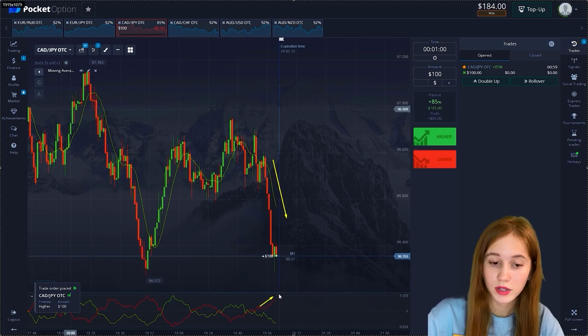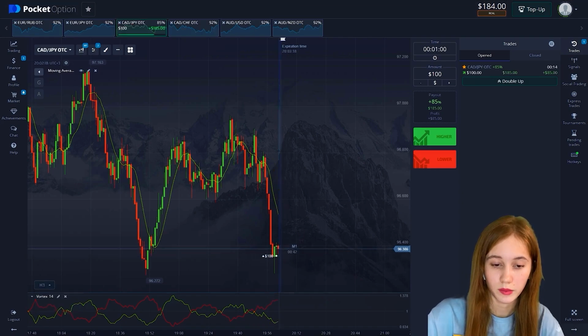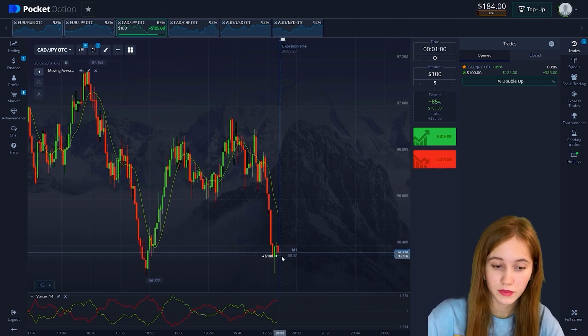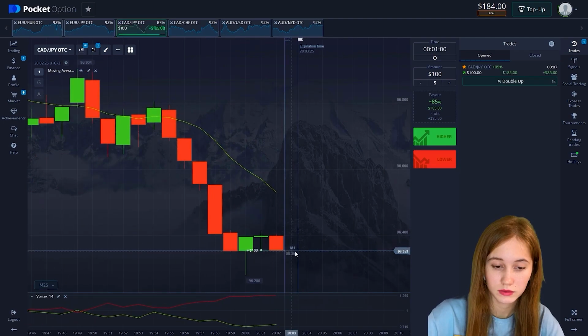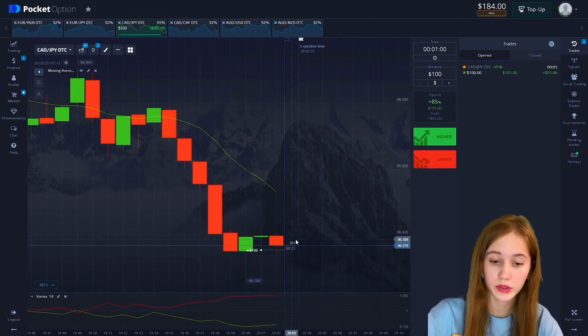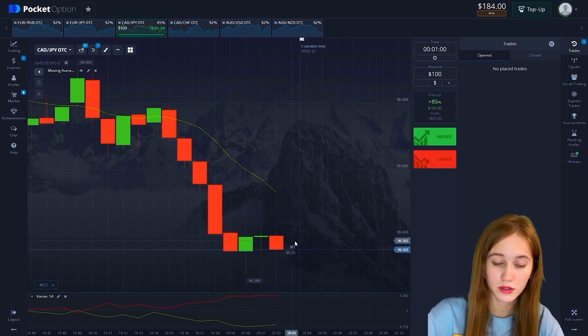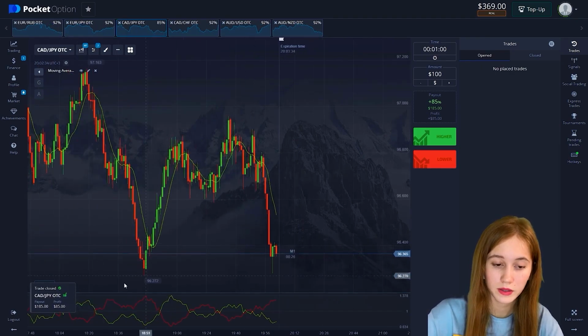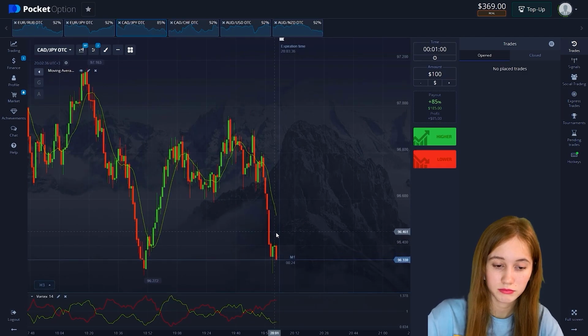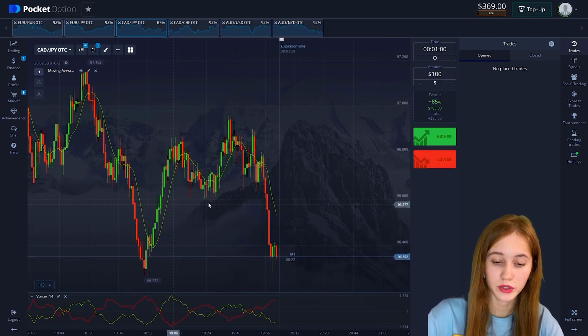By Vortex, the same situation. Red line prevails over the green. We are currently above our opening points. 13 seconds left. 4 seconds left. And yeah, $85 our profit. Our balance is